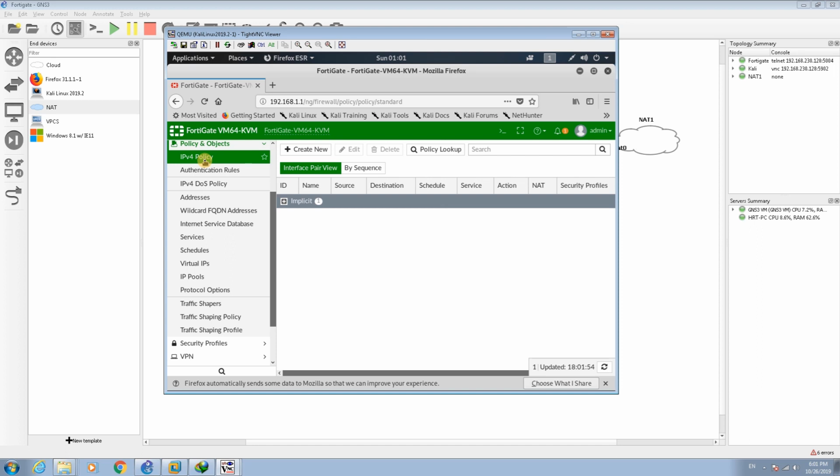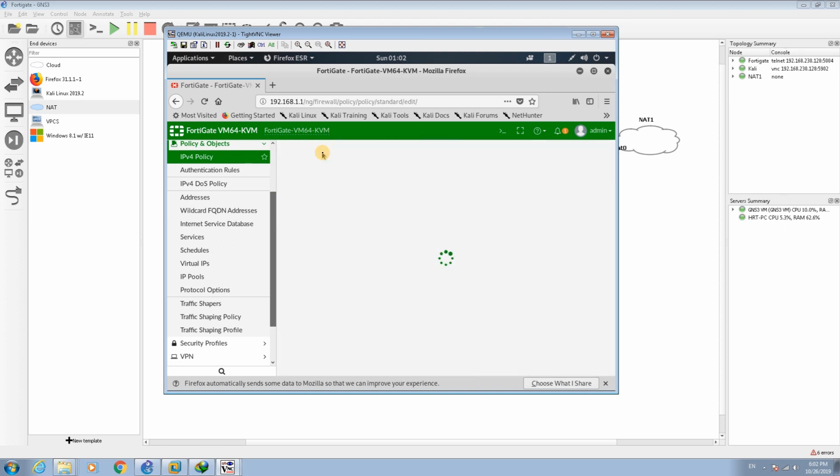IPv4 policy. I have two policies here, actually one policy here, and this one is implicit deny. It means that all traffic, all source and destination by default is denied. So I create a new policy here,